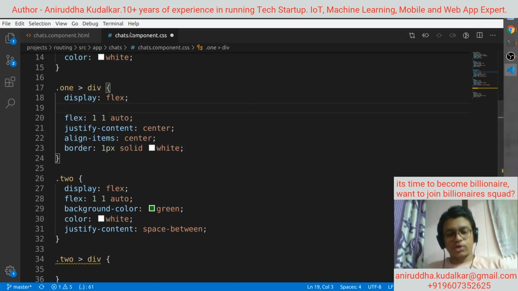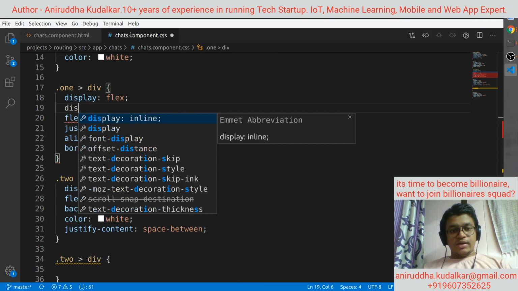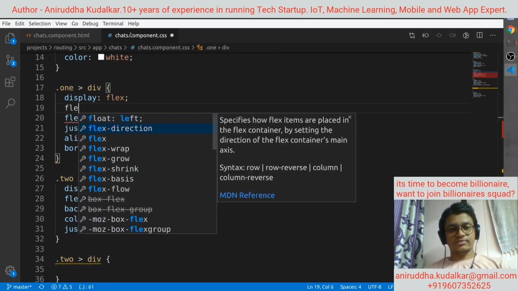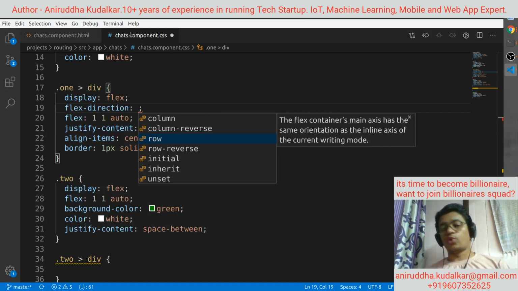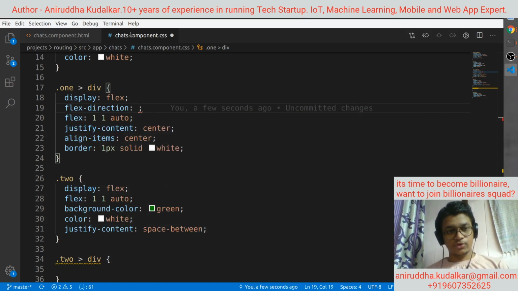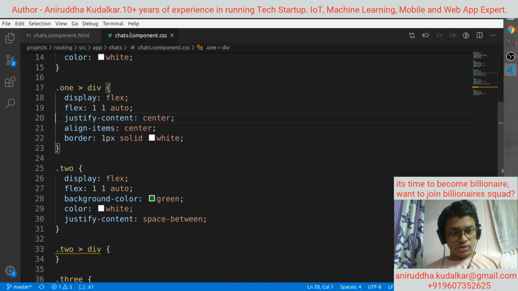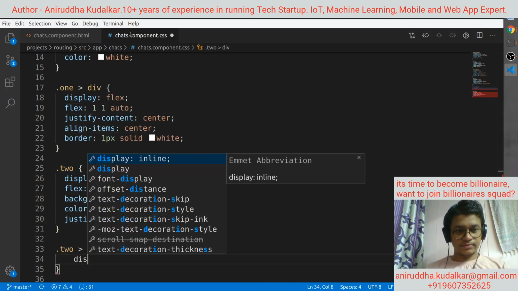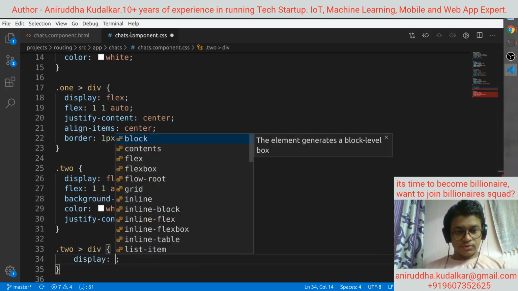If you don't give flex direction, by default it will be row. But you can give column, column reverse, row reverse, means that will go to that side. I'll show you. But display flex is important. Display flex,